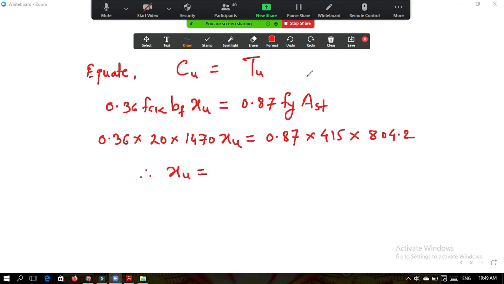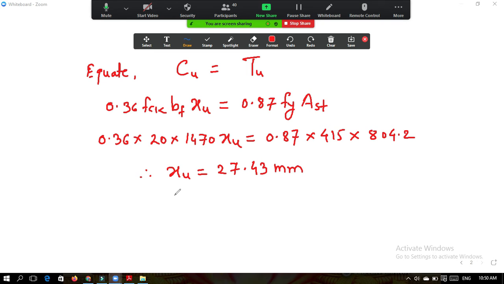Okay, so 27.43. Have you checked for this value AST? Whatever value I have written, is it right? Check it as we go. If our one value gets wrong, then whole problem gets wrong. Okay, and this is also one of the unsolved problems which we are solving now. So we got the value of XU. So compare the value of XU and DF.